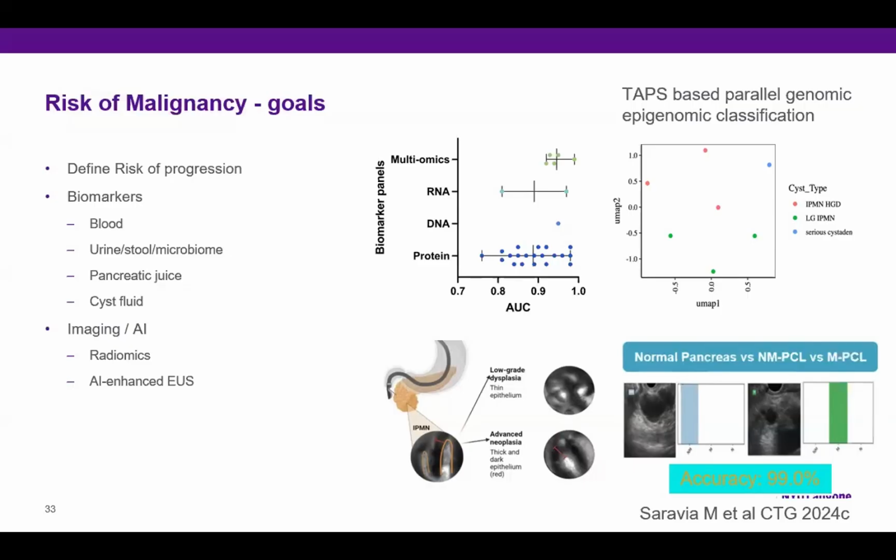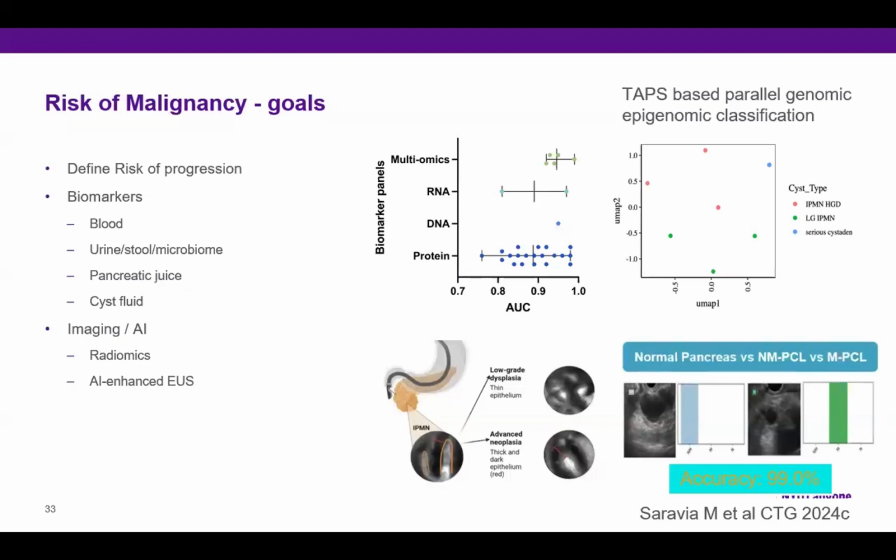For that end, we need methods, especially from cyst fluid analysis, that require smaller and smaller quantities of DNA, RNA, and proteins. The little graph on the right is our first attempt at using a 100-fold lower DNA amount-based sequencing method called TAPS-based sequencing,